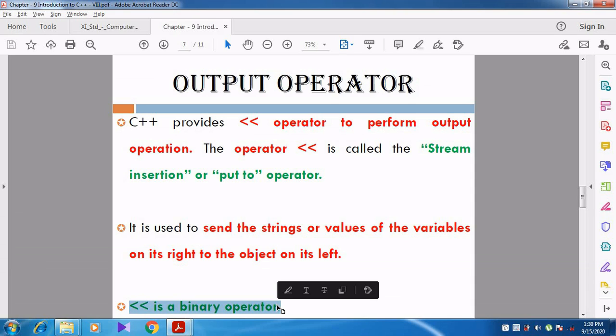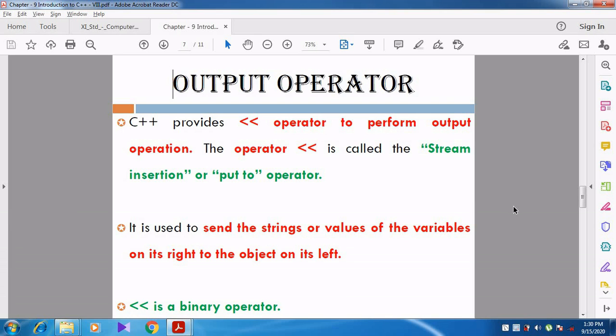Like that, Cout is called the output statement. So Cout with the double less than symbol, that symbol is called the put to operator. Then Cout put to A. A is the variable on the right hand side. Cout is on the left hand side, the predefined object, the predefined identifier. Right.